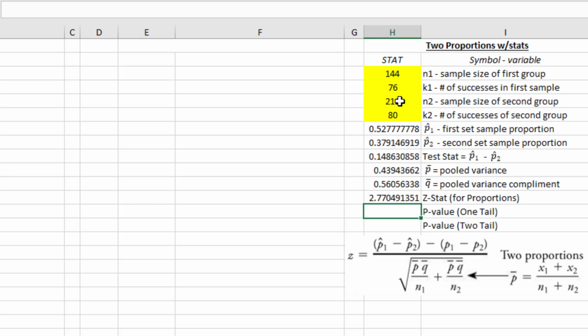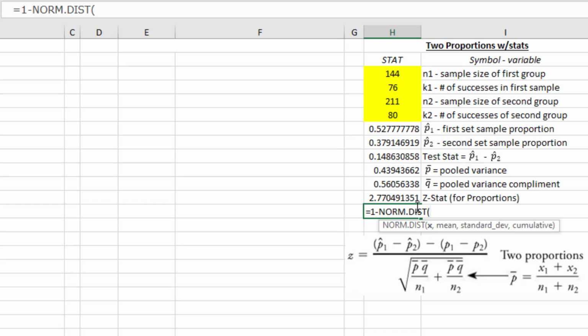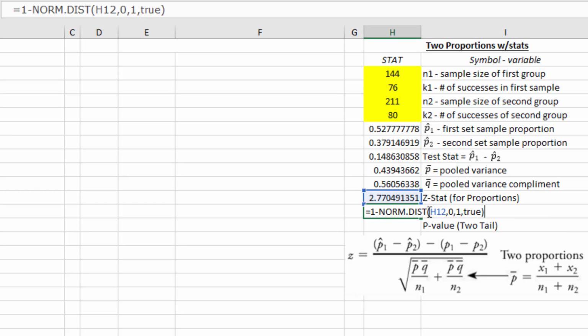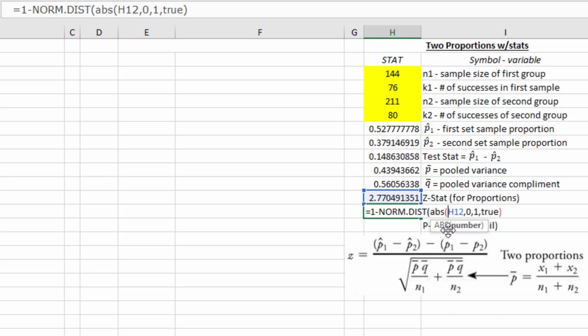Just like before, if you watched the earlier videos where we talked about how to calculate these p-values, to save ourselves some time, it's always easier to do equals 1 minus NORM.DIST, and the x value is our z, comma, 0 is the mean, 1 is the standard deviation, and then true for cumulative. But the only difference is we have to come in here and take, not the square root, the absolute value of